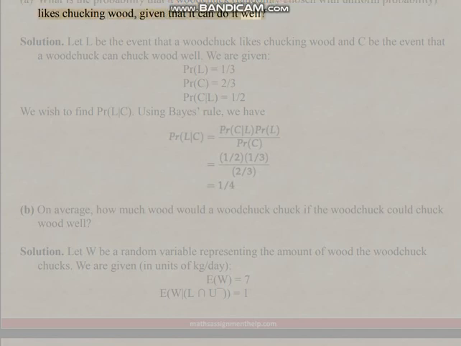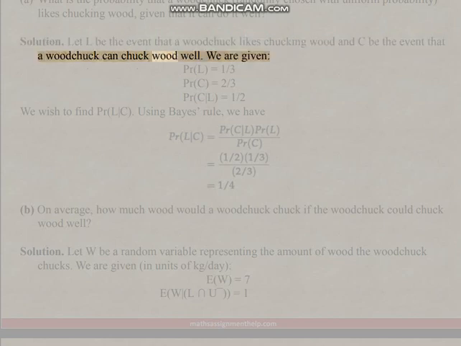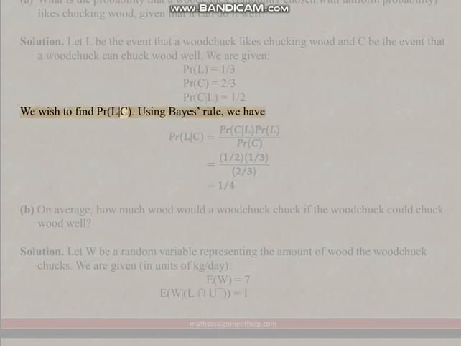A. What is the probability that a woodchuck, randomly chosen with uniform probability, likes chucking wood, given that it can do it well? Solution. Let L be the event that a woodchuck likes chucking wood and C be the event that a woodchuck can chuck wood well. We are given Pr[L] equals 1/3, Pr[C] equals 2/3, Pr[C | L] equals 1/2. We wish to find Pr[L | C]. Using Bayes' rule, we have